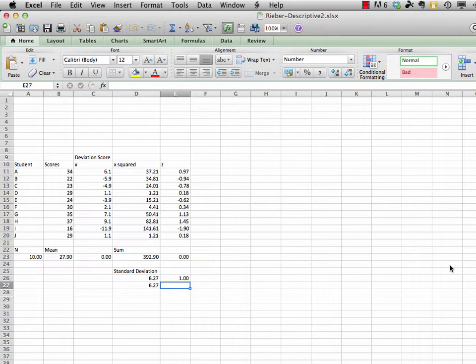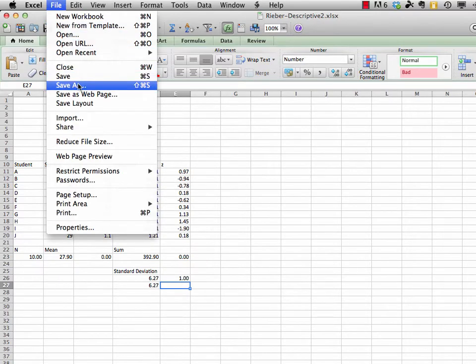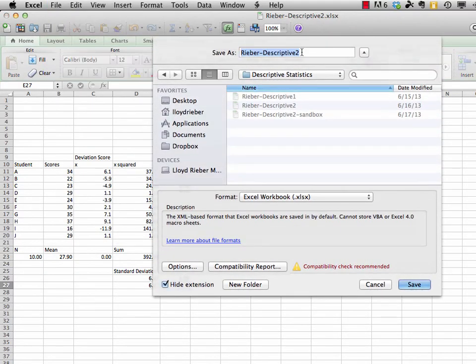Next, let's immediately choose to save the spreadsheet, but with a different name. We'll choose Save As from the File menu and change the spreadsheet's title to the following. So Save As, and again I'll leave my name there. I'm going to change it to dash